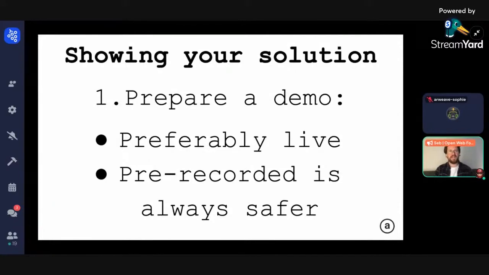You never want to lie in a live demo, or in a demo in general, and say, oh yeah, we can do this, when in actuality it doesn't work. But you can pre-record it, and that's also completely fine. Either way, it's very important to focus on the key features when you're presenting a demo. Don't go into every single possibility of what your solution or project does, because no one's really going to care about that or remember it. So you always need to focus on, what do I want people to remember out of this presentation?